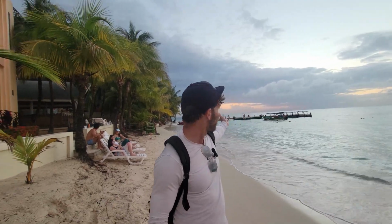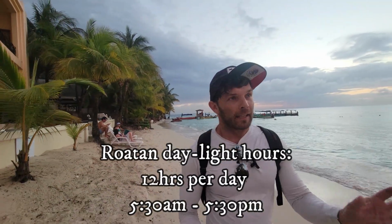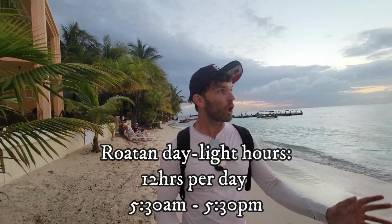Now, being that Honduras is fully in the tropics, this means that the amount of light every day throughout the year is pretty much constant. It almost doesn't change at all. I think between 20, 30, or 40, maybe 50 minutes is the maximum change from the summer to the winter months. So right now the sun is coming up around 5:15, 5:30, and going down at that exact time in the afternoon, 5:30 about. So as you can see, it's around 5:30, and the days are pretty much almost always 12